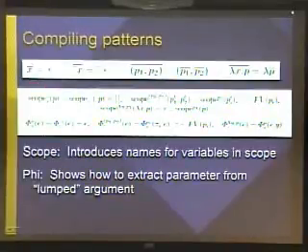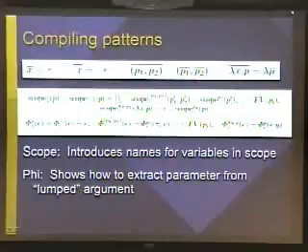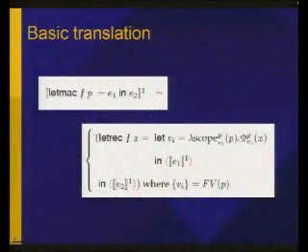What phi is going to be useful for is that all of these different arity functions are going to be implemented by functions that take one argument that has everything lumped in it. So phi tells us exactly how to fish out, from the value that we get at runtime, the particular thing that corresponds to this variable in a pattern. So it's almost intuitively a standard pattern semantics. The interesting thing is we have patterns with these binders in them.